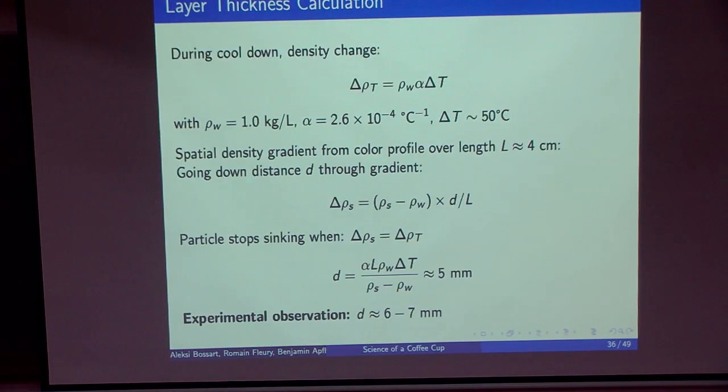Yeah. And this is their ability. The problem is again, the best experimental prediction they're able to get is 5 mm, and the actual number is 6 or 7 mm. This is a pretty